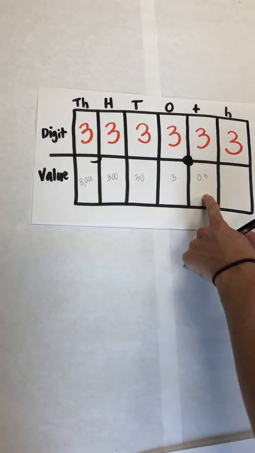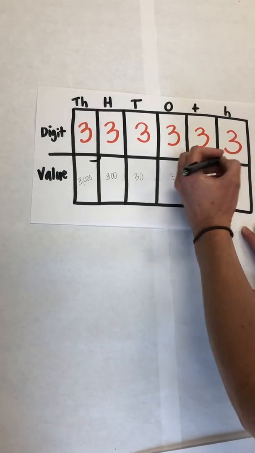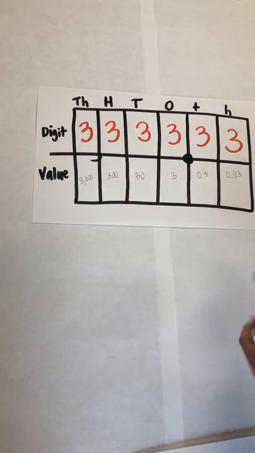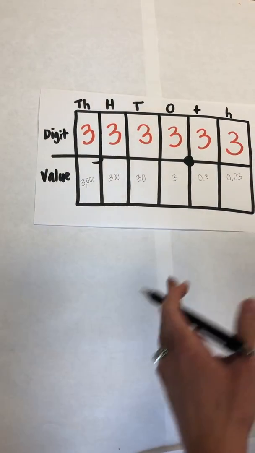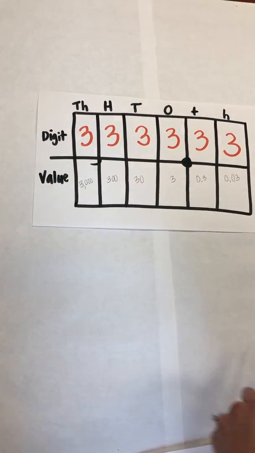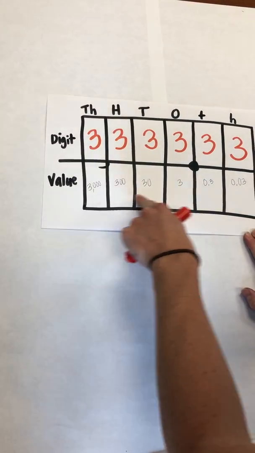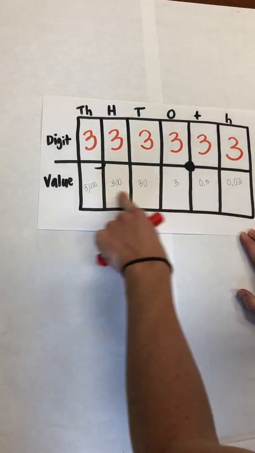We'll look at another way that you can write this in a minute. And the 3 in the hundredths place is valued at 3 hundredths. It's important to note that the places do extend to the thousandths place. I'm just looking at this number to hundredths for right now. But what we would want students to do is start looking at this number and see how the value